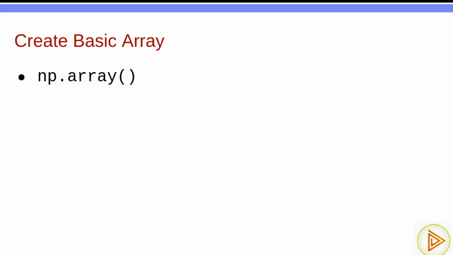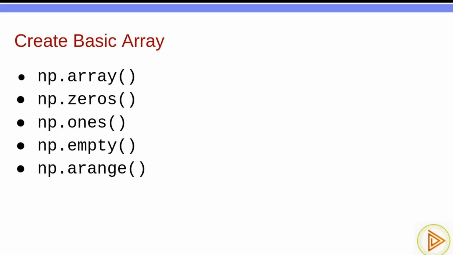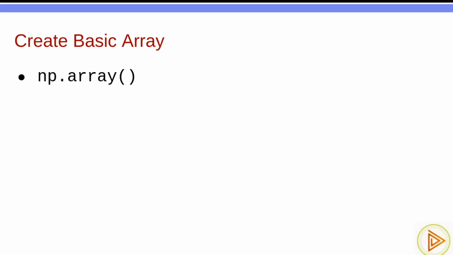We'll go to the next item. That means creating the basic arrays. So once we have done with installation and importing, next thing is we will use NumPy in our projects. As a part of that, first we have to create the ndarray, n dimensional array object. To create arrays in Python using NumPy, we have several methods. First one is np.array, and np.zeros, np.ones, np.empty, np.arange, and np.linspace. These are all the methods you can use. We'll go one by one.